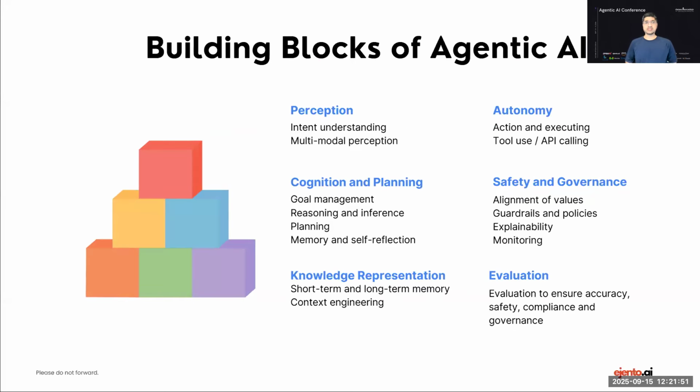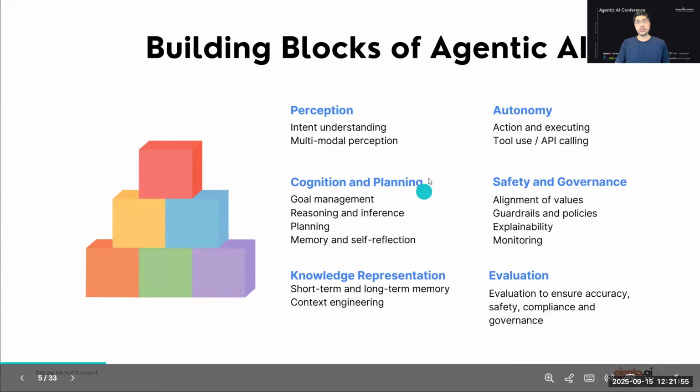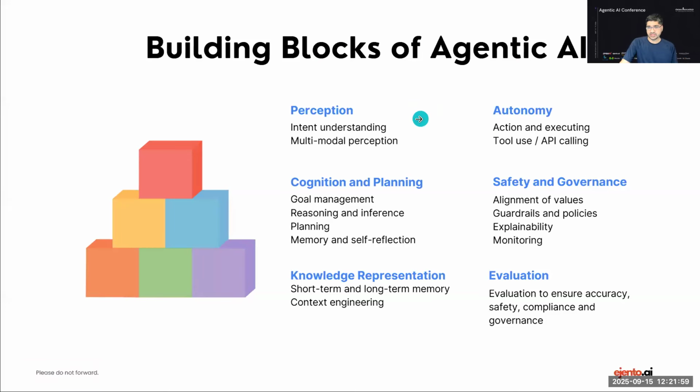So I showed this slide earlier this morning as well. In an agentic AI workflow, the first thing that you have to have is the perception, right? So you may be reading data from a PDF, from an image, it could be a multimodal input. Do you understand the intent? Intent is everything. If the user types in something, what if it is misunderstood? So there is this perception aspect to agentic AI.